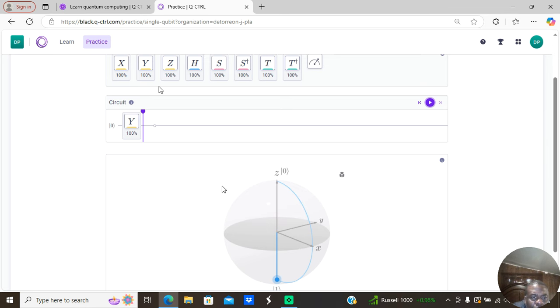Okay, so we're gonna use another Y gate, and we're gonna play this. You see it's gonna go from the 0, 1 state back to the 0 state around the y-axis of the qubit. See how it went around the y-axis. Okay,